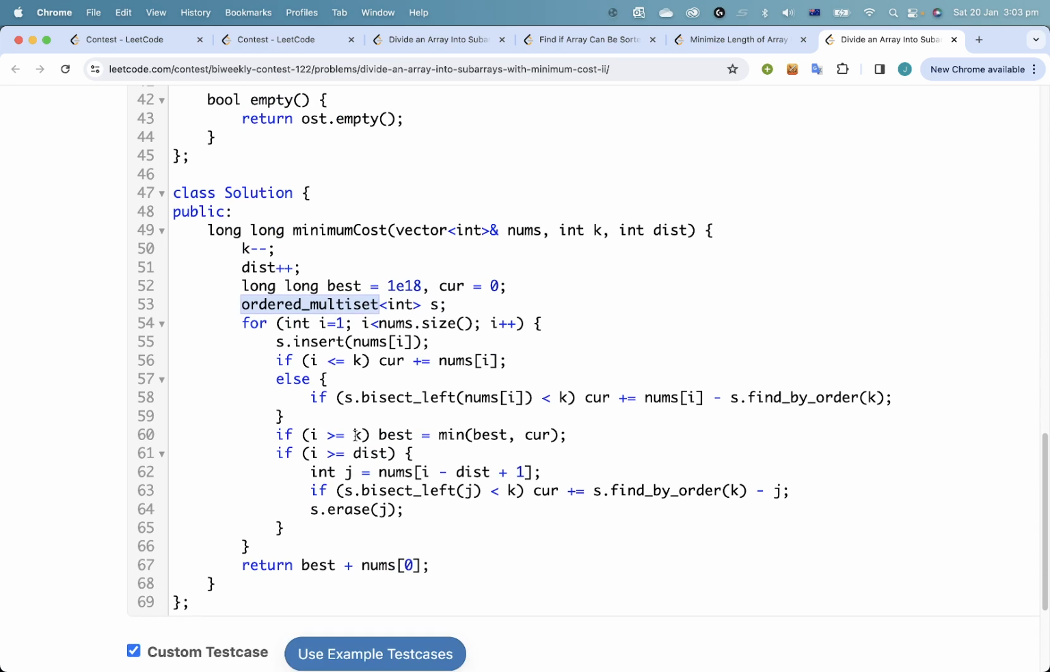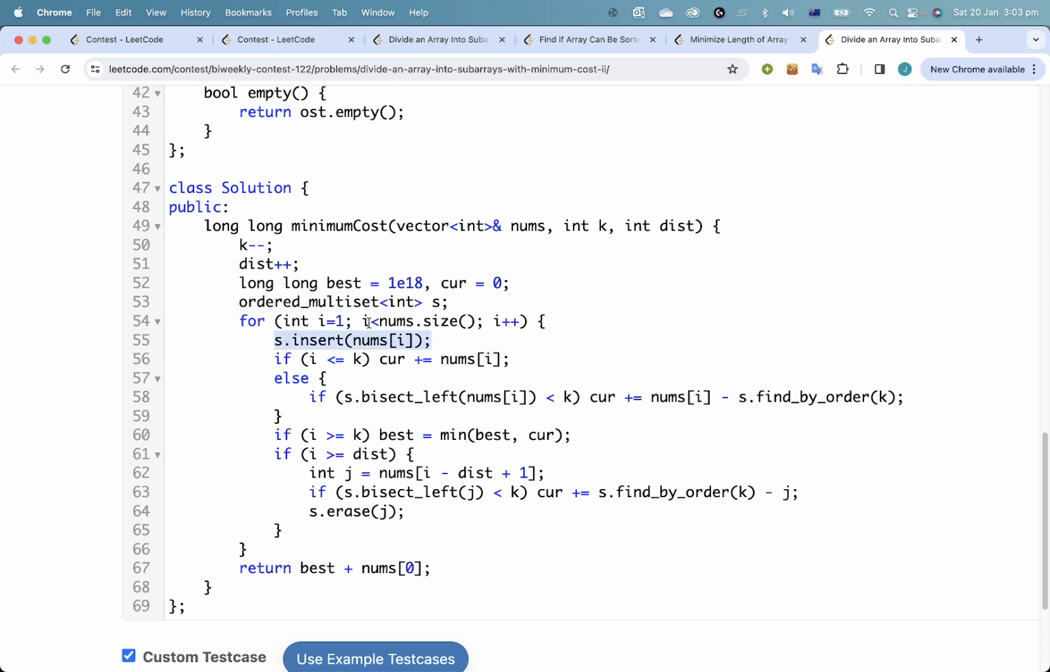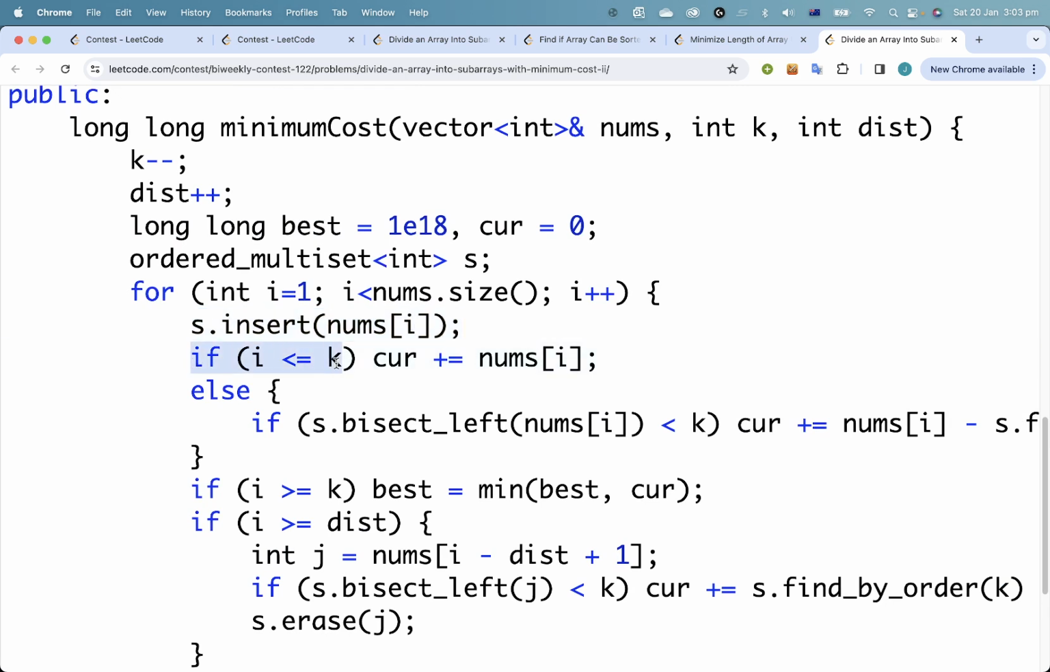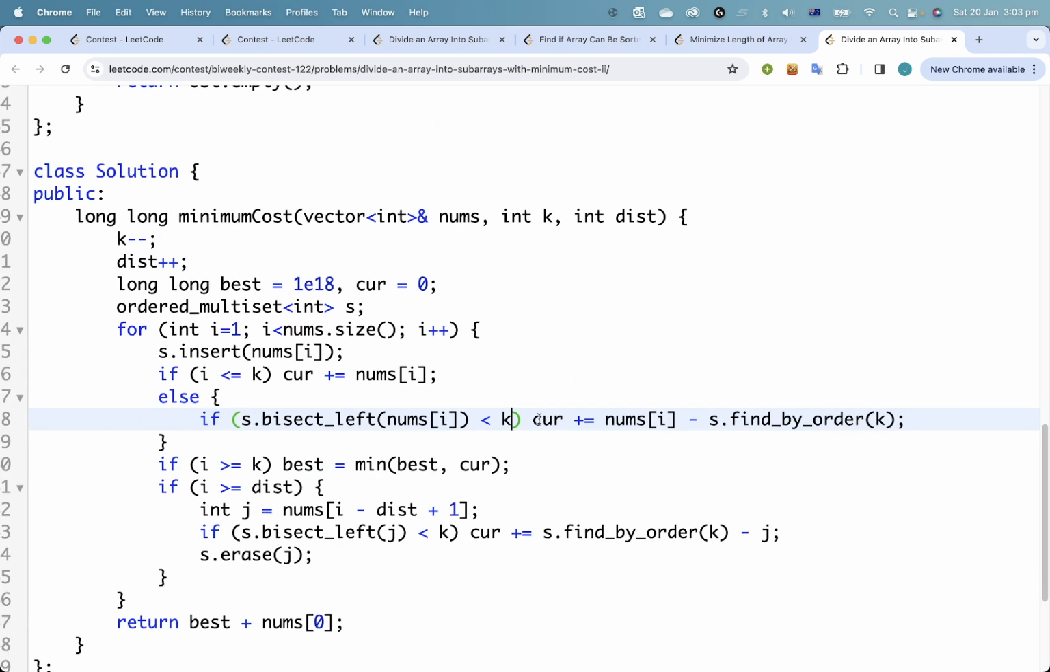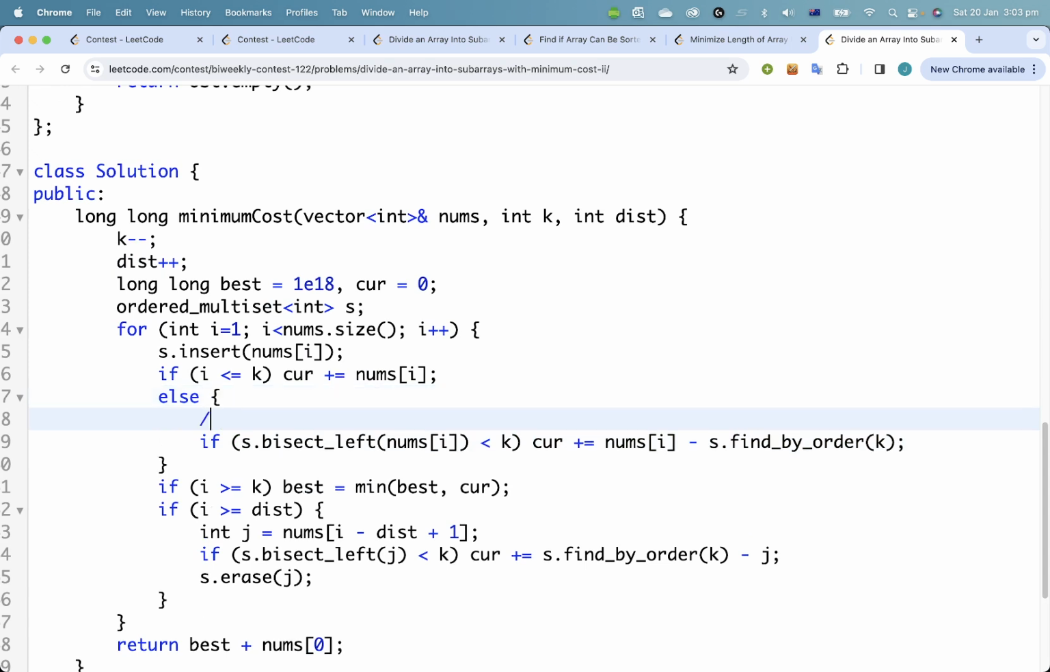And now when we expand our window, we add our current element, and then when our window is greater than size dist, we need to remove the leftmost elements. The only question is, how do we maintain the current sum of the k smallest stuff in this variable current? How do we maintain that as we add or remove elements? Let's start with adding an element. If we're adding an element and the new size is less than or equal to k, then we just add it to our answer. Otherwise, there's only one situation in which this answer would change,